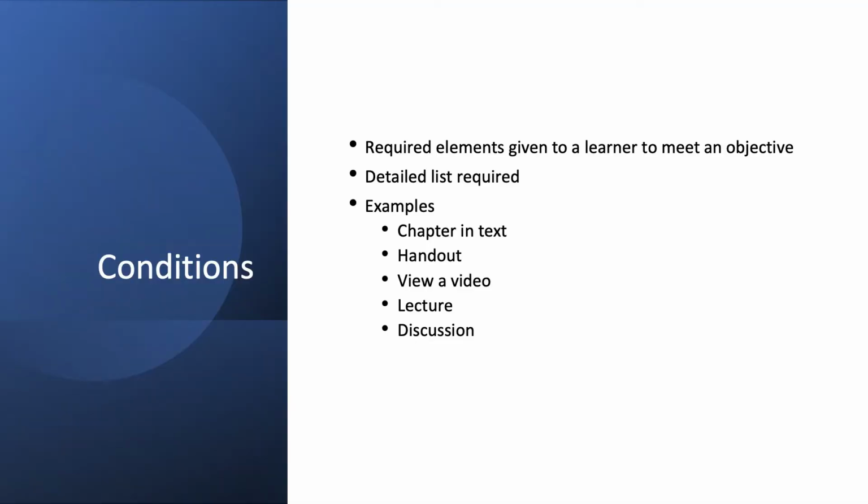Condition is what you provide the learner to be able to do something. Conditions are often ignored, and they're sometimes the most important thing. And if you watch our session on performance agreement, you'll find out condition is important to this. So if you are having a course online or in classroom or blended or whatever, what are the things you're going to provide the learner? Is there going to be a textbook?